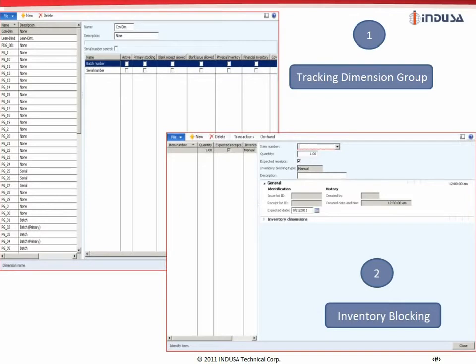The dimensions for tracking include the batch numbers and/or serial numbers of different stages, like physical inventory, primary stocking, financial inventory, etc. The inventory blocking feature allows authorized users to block an inventory item and its attributes during certain stages of production or always. This feature is used for keeping a reserve of the products so that no transactions